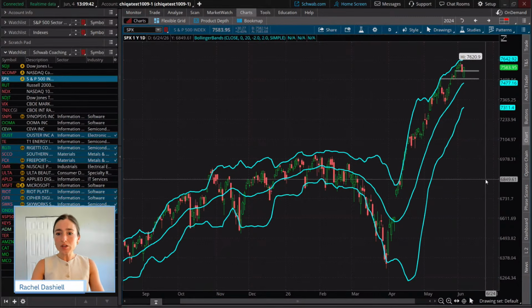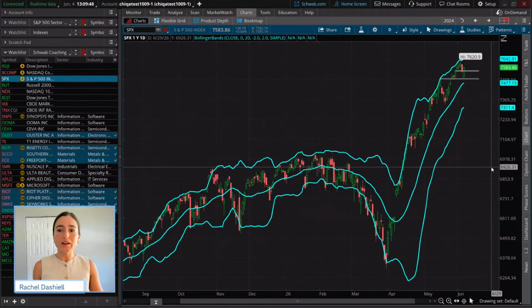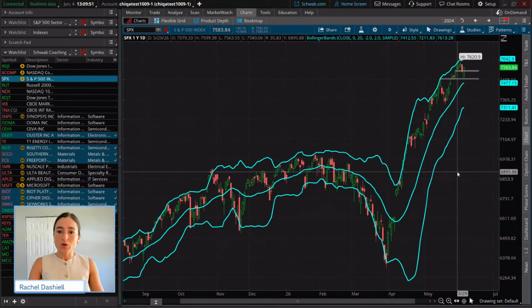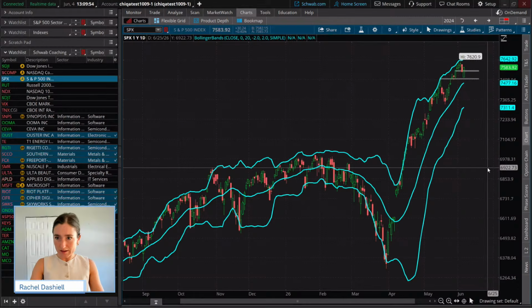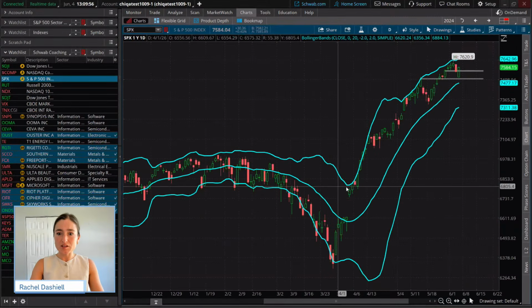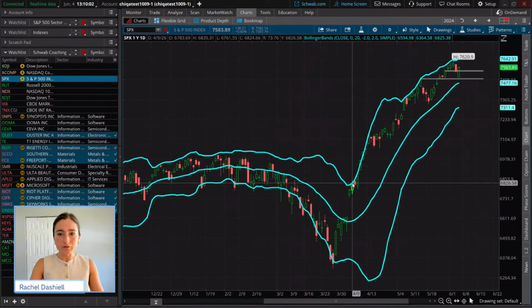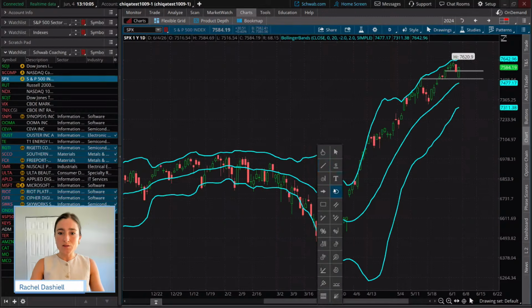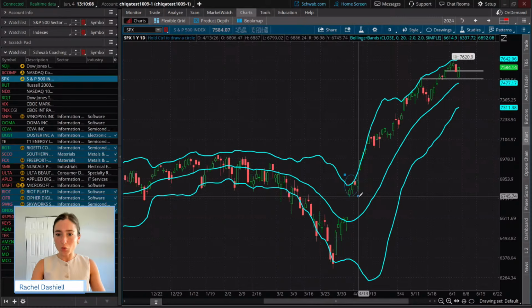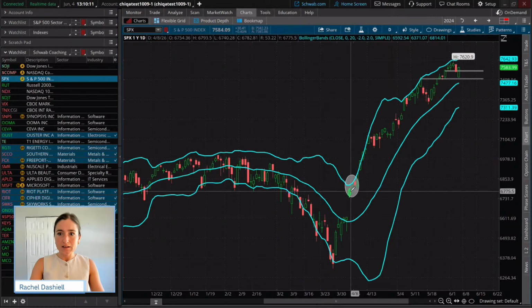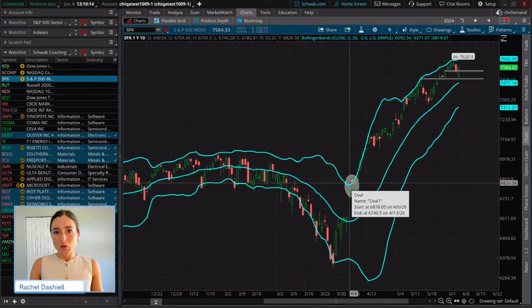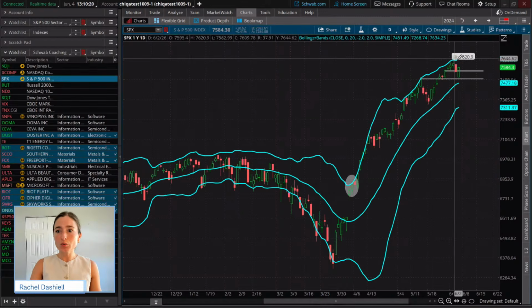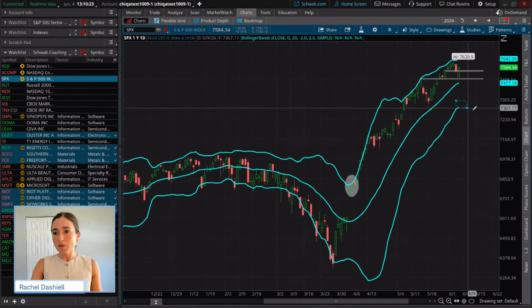Let's look, for example, at a breakout strategy to the upside. If we were to take a long position, we want to enter a position when we have a first break of that upper Bollinger Band. That is where one would take a long position, or a bullish position, in this way. And since we're trend traders, we would not be closing this position until we see a close below the lower band.